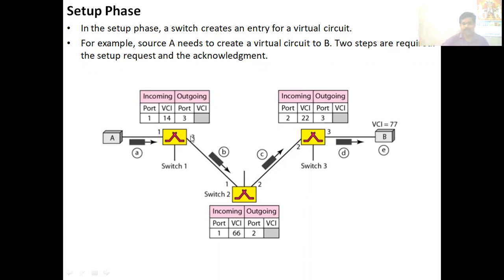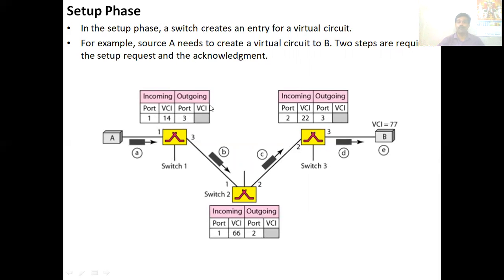So here you have 2 systems, system A and system B. If system A wants to send some information to system B, first it will send a setup request. That frame will come to each switch. During the setup phase, the switch will enter only 3 columns of its switching table: incoming port, incoming VCI, and outgoing port.